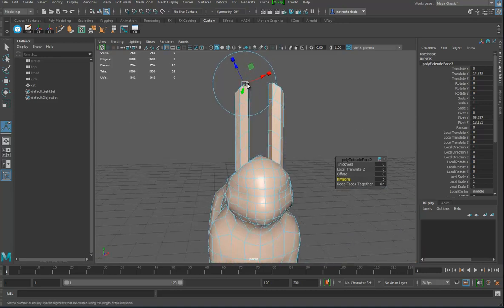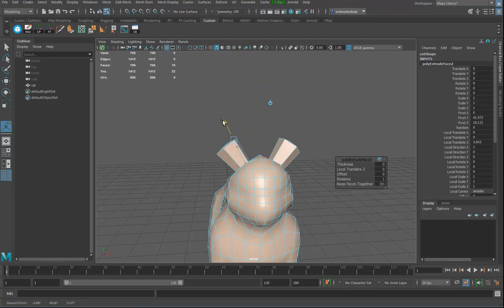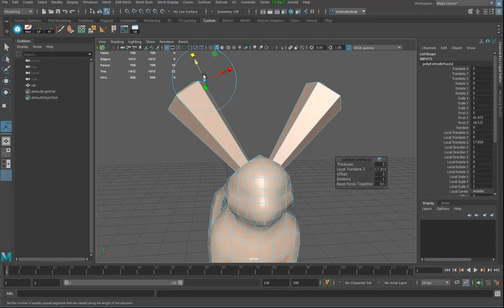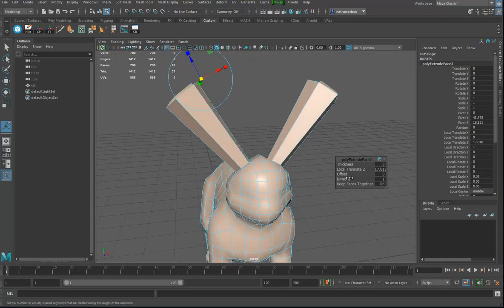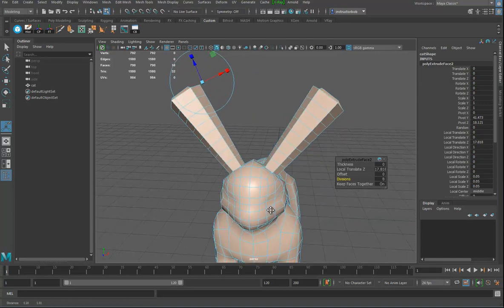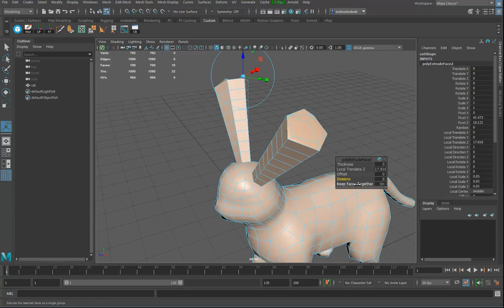And let's see if I'm pulling this apart. Actually, this went really horribly wrong here. Let's see if I go into undo here, pull it out, and then I were to scale it down. Yeah, it didn't even do a very good job there either. Anyway, I can increase the divisions, and if I'm extruding, another thing here is just keep faces together off and